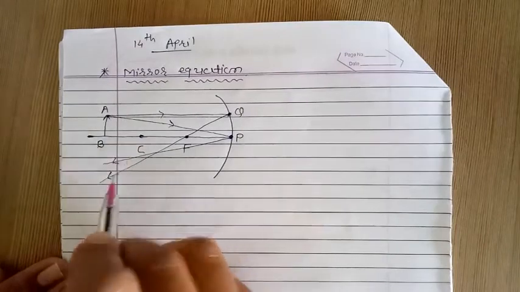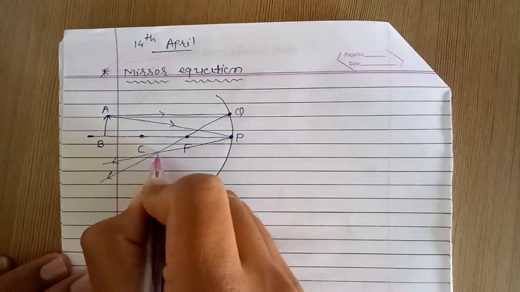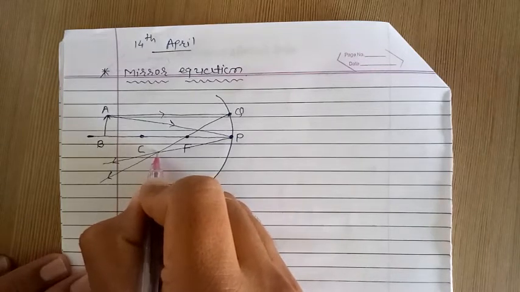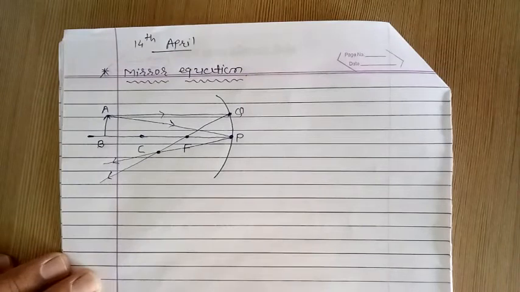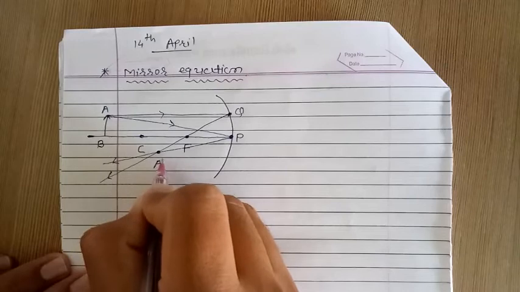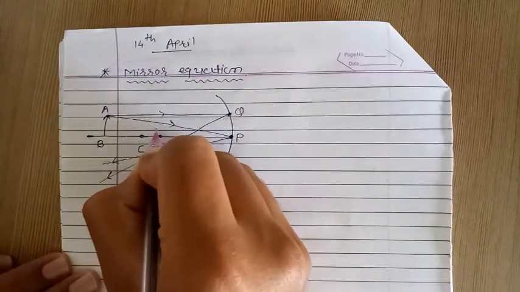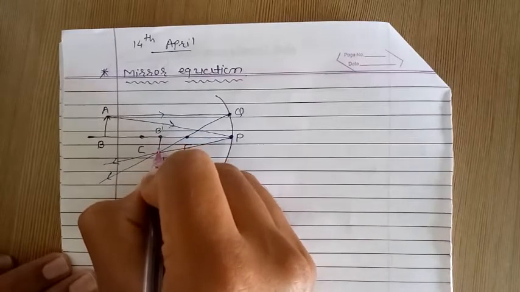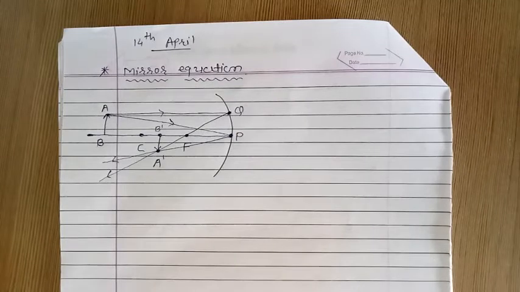This is our reflected ray. So here these two rays intersect at this point. So this is the image of A. So we can say that this is A dash and this point is B dash. So here this is the image of object AB, which is A dash B dash. I repeat,